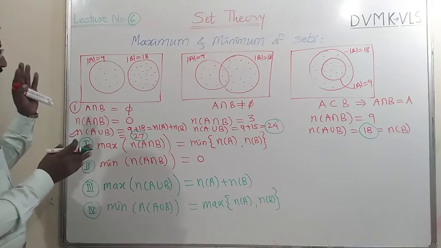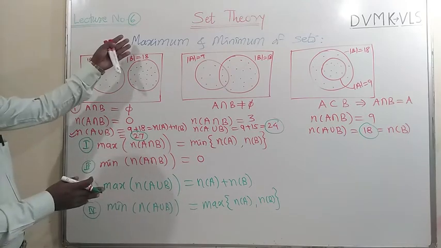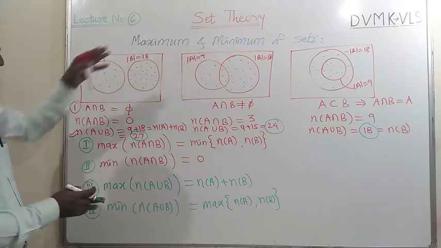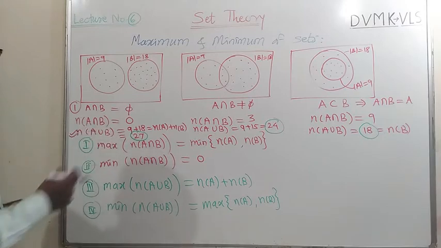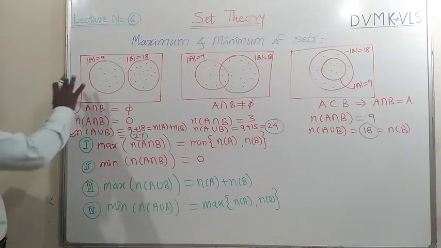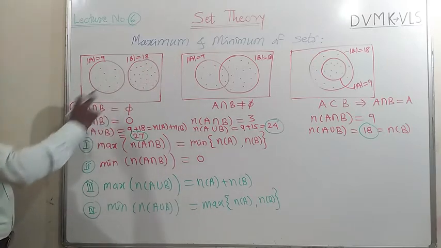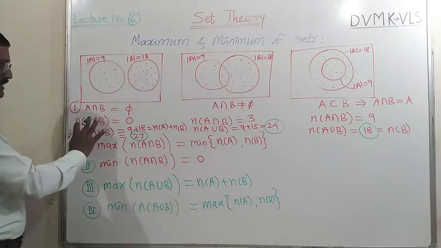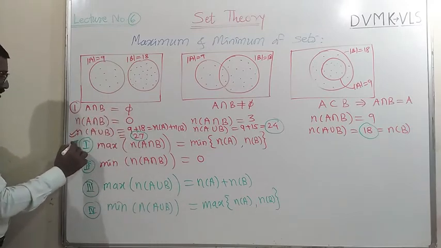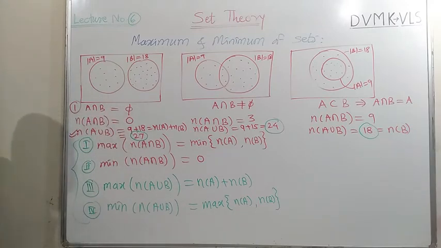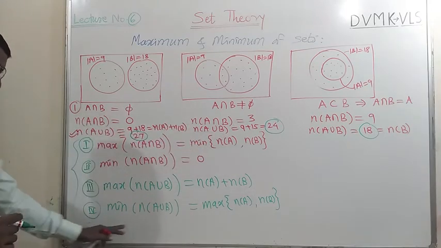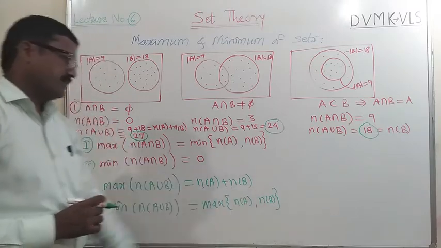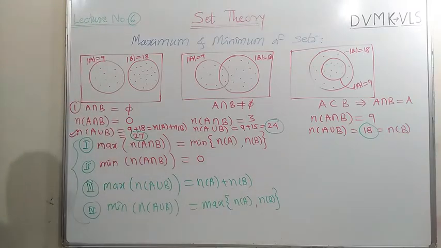Okay, so in this way we can extend this concept also, but in our class, in 11th class, only the concept for maximum and minimum of sets is given for two sets only. We can extend this for 3 or 4 sets. Okay, is it clear? So remember these three figures. From these three figures, take any example and you can write union and intersection. From that you can draw these 4 important results. That is, the maximum of intersection is the minimum of elements, and the minimum of union is the maximum of the number of elements in those two sets.